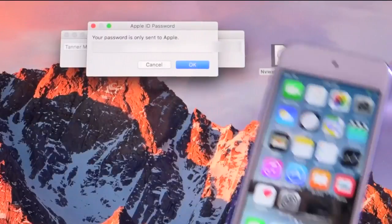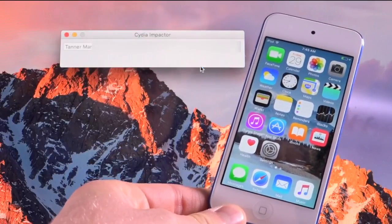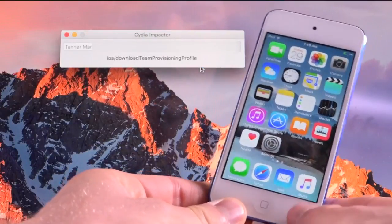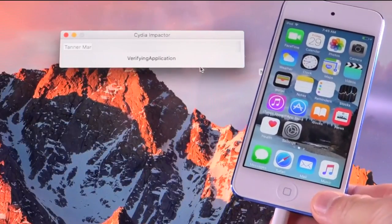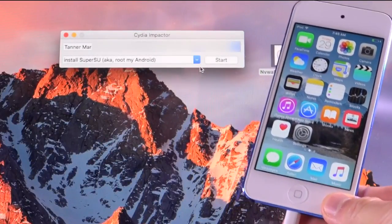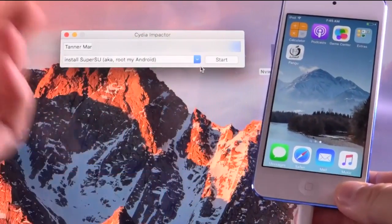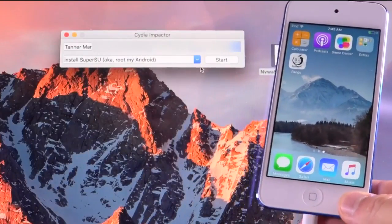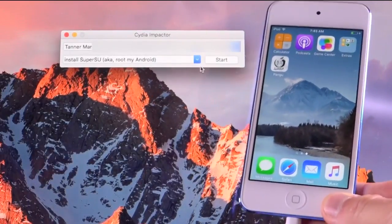All right, so bringing the iPod Touch up into view here, we're just going to click on OK because we do have the password entered now, and it's just going to go through the steps inside of Impactor. It's just going to sign it, and you can actually pretty much remain hands-off at this point. I'm just leaving it up on your screens here so you can see exactly what happens. Again, it's just that fast. We already have the PANGU app on our 6th gen iPod Touch,